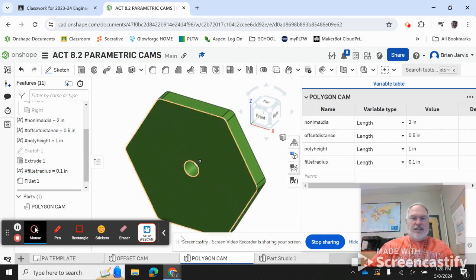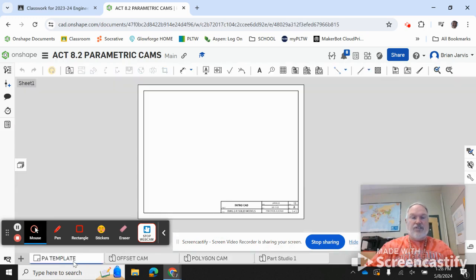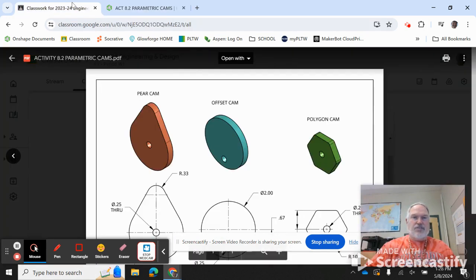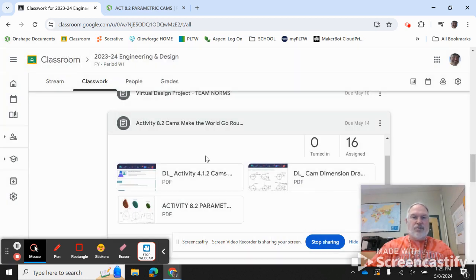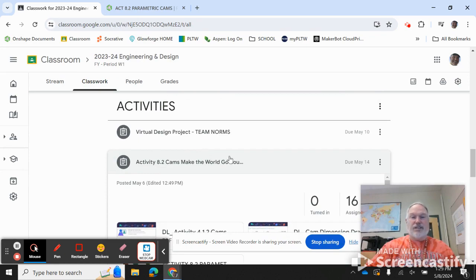So, once again, you're going to build your cams parametrically, and then you're going to lay them out on your PA template, much like you see on the sheet here. Once you get that done, boom, you're done. By the way, you're building these for a purpose, so that you can do your Autonoma Box project and you'll have your